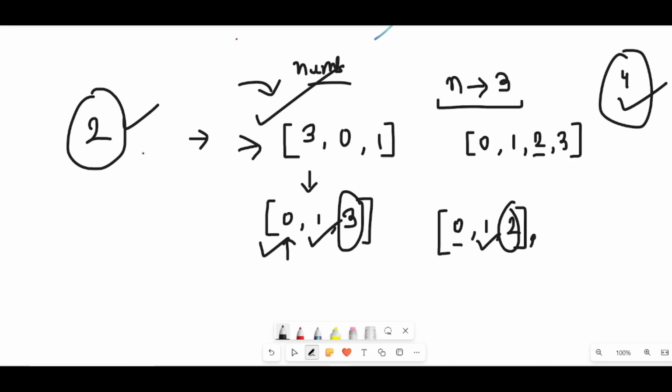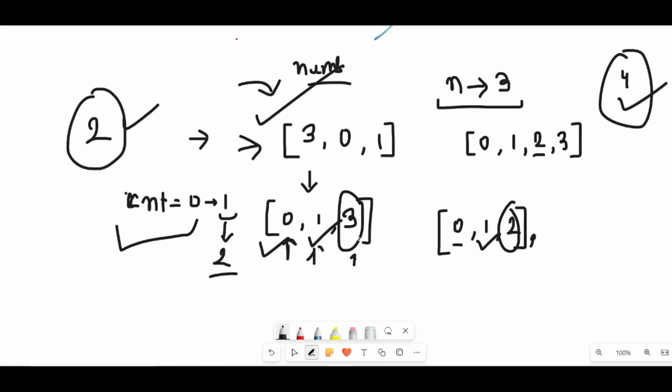So the strategy is simple. Just sort the array, keep a variable, let's call it count. Initialize the count with 0, and now start iterating the array from the very first position. Match this count with the first number. It is matching. Move to the second position and increment the count by 1. It becomes 1. Match this count with the second number. It is 1. That's good. Now move to the third number and increment the count again by 1. So it becomes 2. So match this 2 with this 3. It is not